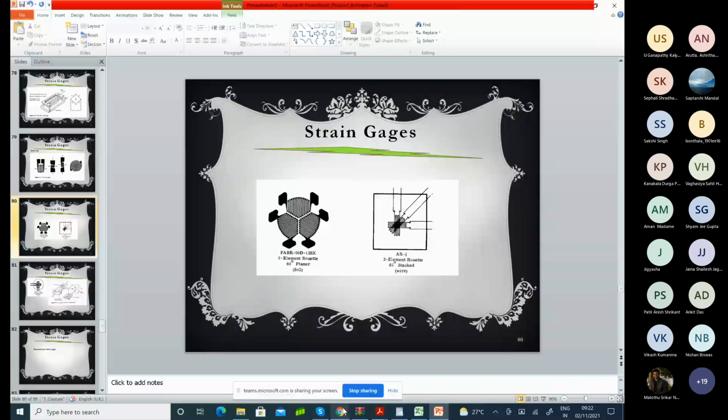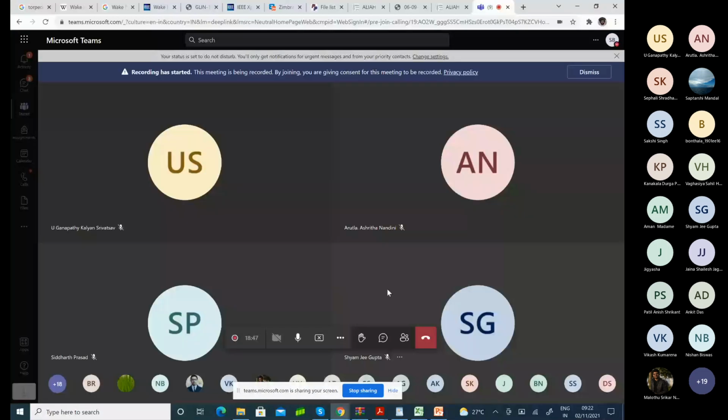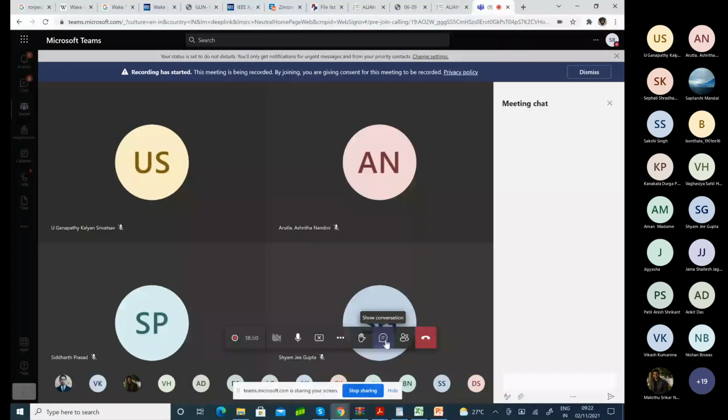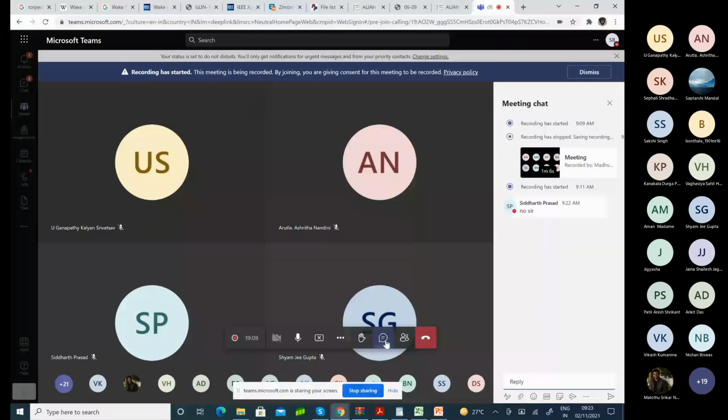If you have any query. Okay, nobody is asking, so maybe all of you understood. If you want me to explain, okay. So no, sir. Okay, no query. If you want me to explain the Rosette structure once more, I can do it. If you don't understand, but as none of you is asking, we can proceed to the next subsection.